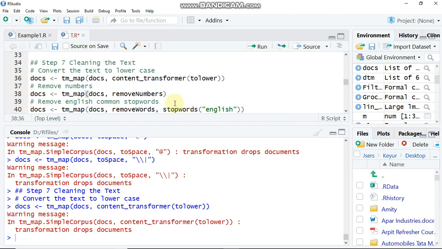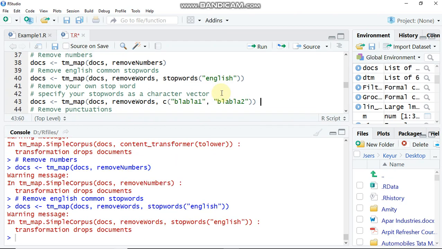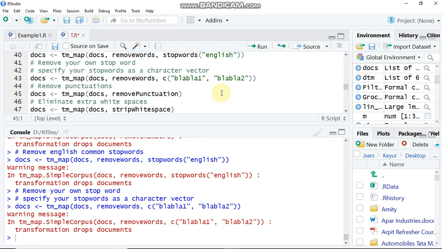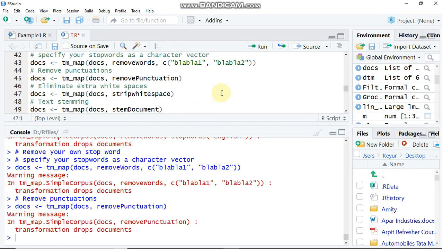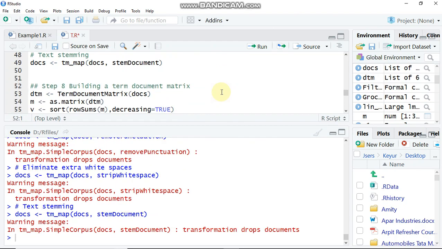Then removal of what? Numbers. If numbers are there, I want to remove them because they are not useful for my pattern. Then stop words are there, articles like a and the, I am going to remove them. The stop words, which are my own definition, I am going to remove them. Punctuation is there, I am going to remove that, right? Then strip white spaces. Some white spaces are available between two words, they will also be eliminated from the document. And stemming the words, fine. And finally, after cleaning the text,